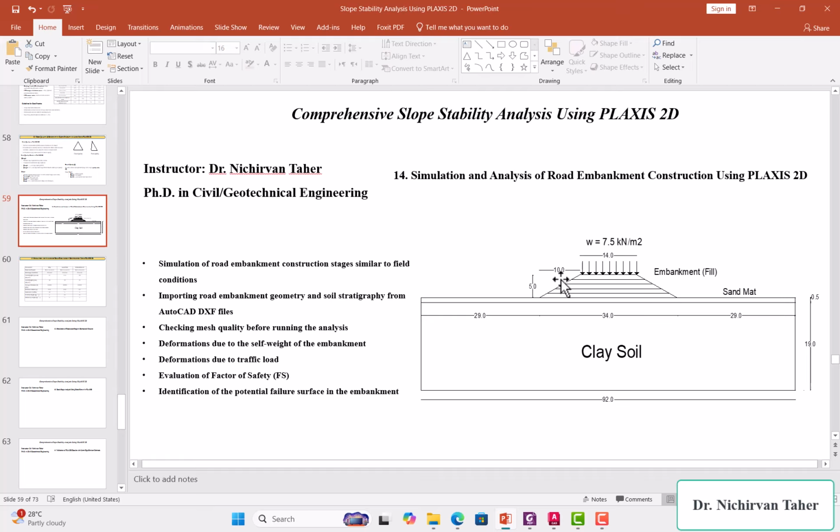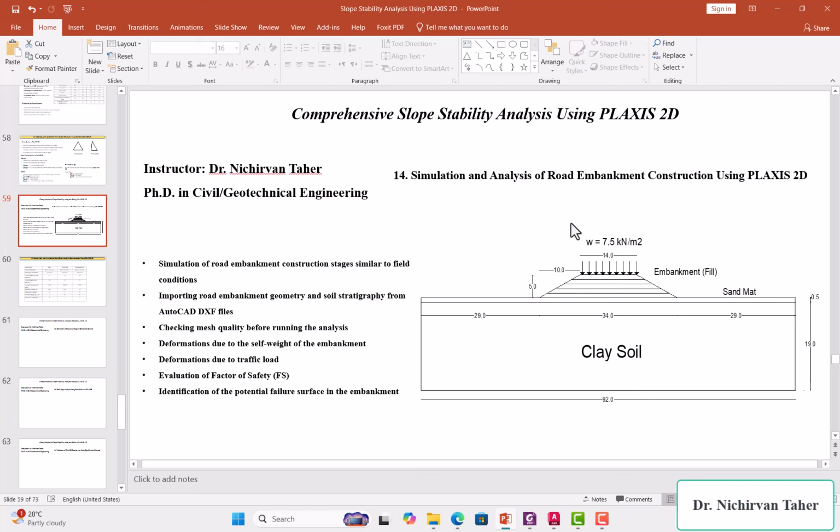After that, we will have the construction of this embankment, and the slope of the embankment is 2 horizontal, 1 vertical, so the height of the embankment is 5 meter. And the traffic load or surcharge load on the embankment due to traffic, we assume it is 7.5 kilonewton